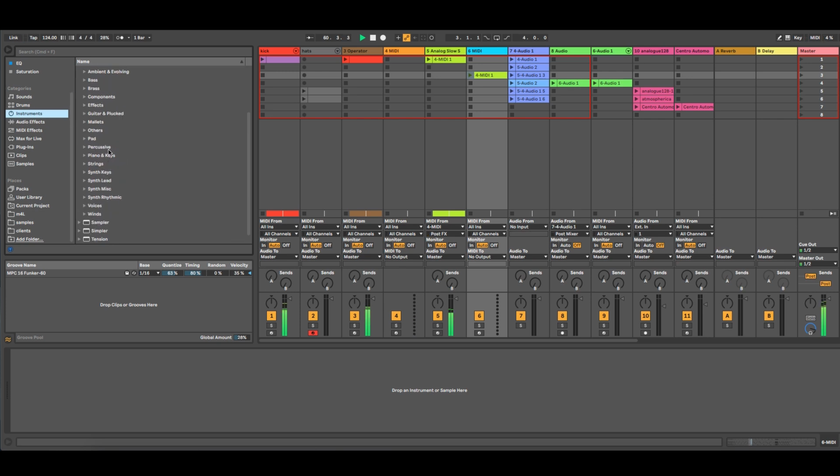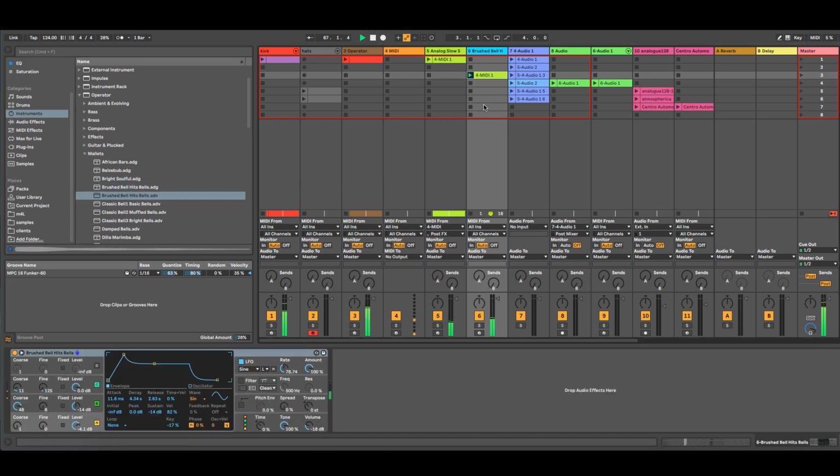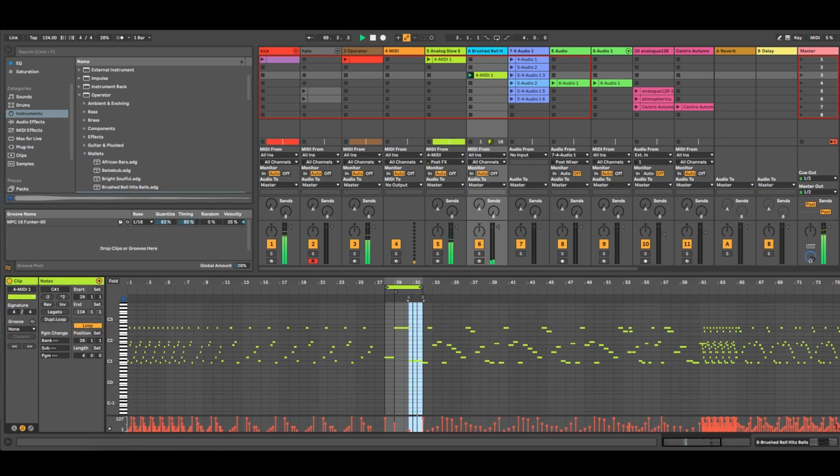Instruments. And mallets. I'm gonna go get another sequence. Faster ones.